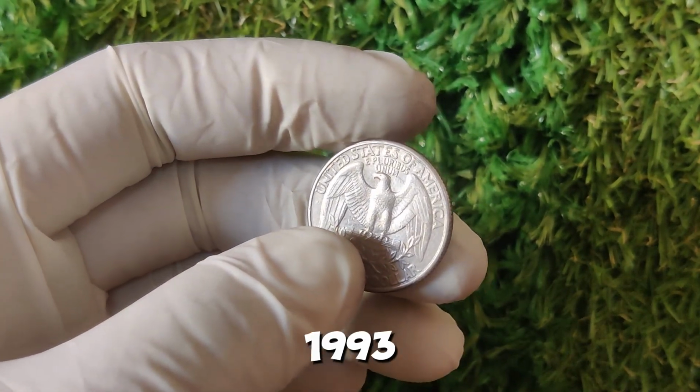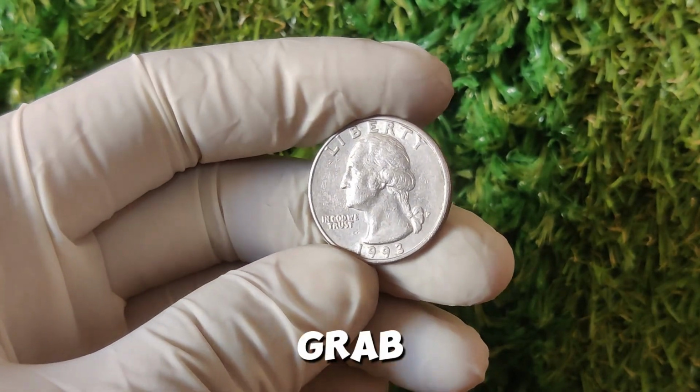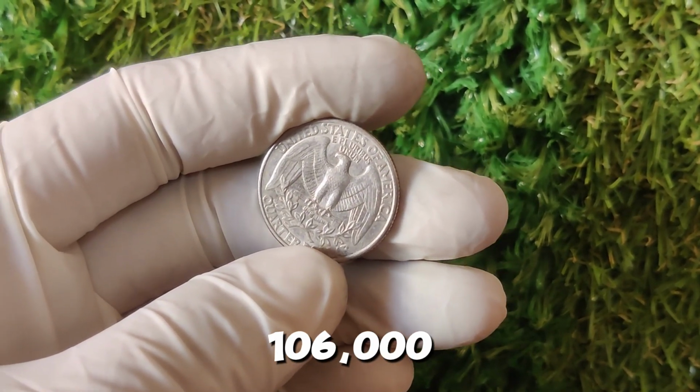The 1993 P Washington quarter proves that treasures are all around us, waiting to be discovered. So, grab your magnifying glass, start checking your coins, and who knows, you might just have a $106,000 masterpiece in